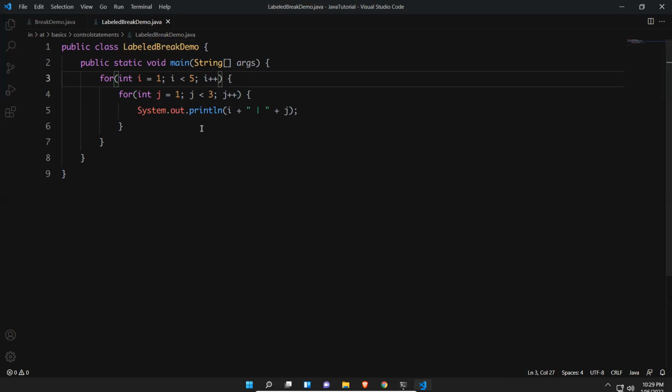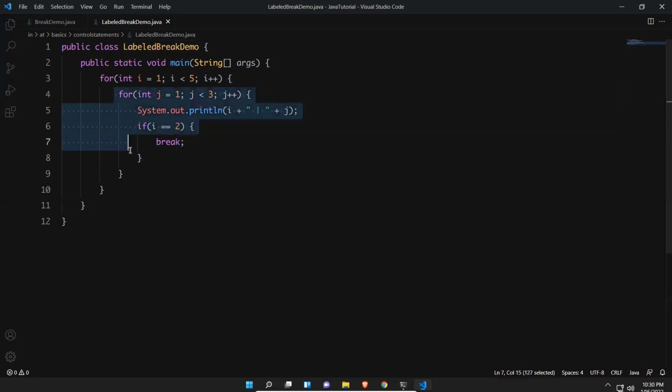Now what I'll do, after printing the value, if i equals 2, then I want to break. What to break? If I mention it like this, it applies only to this inner loop.